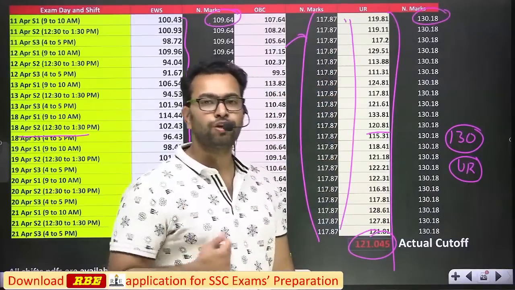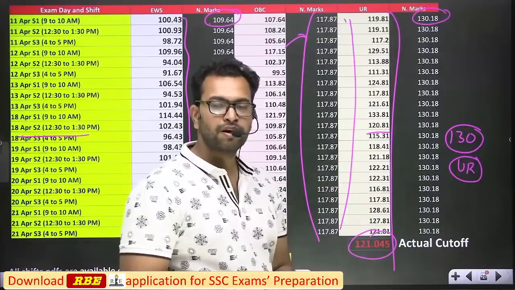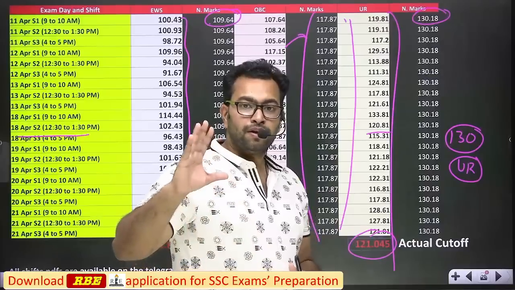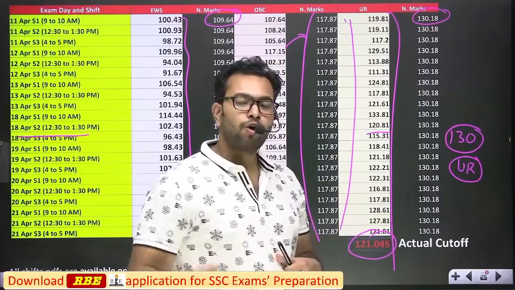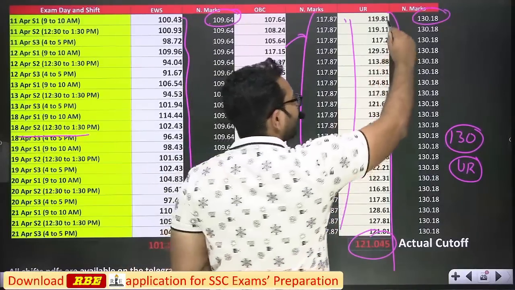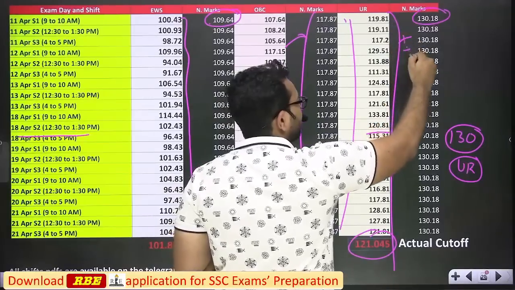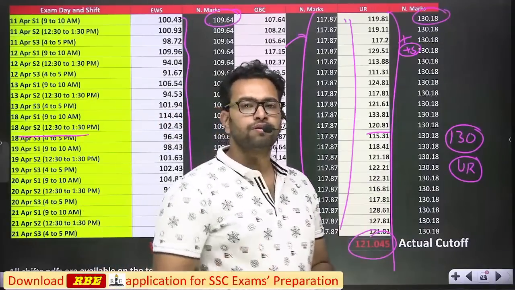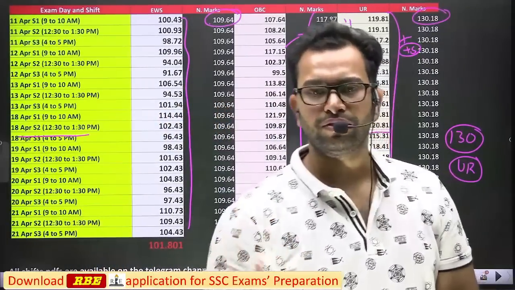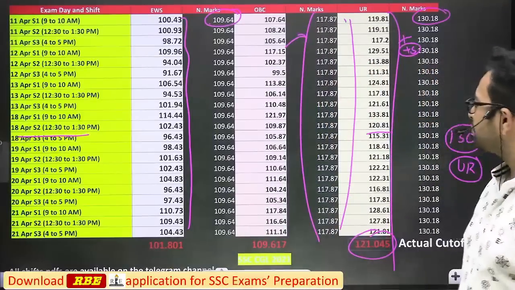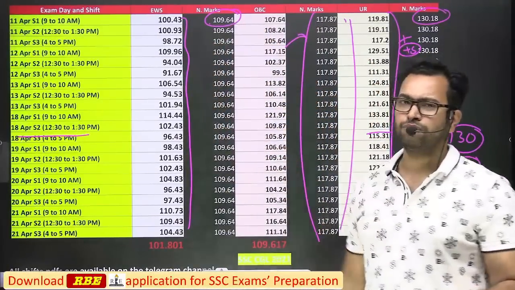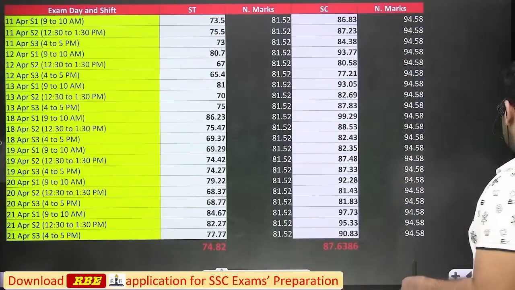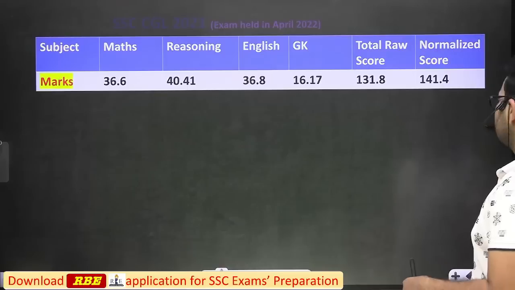Now in CGL 2022, many new aspirants came in, right? They prepared hard for 2022. They may not get selected in 2022, but they will give CGL 2023. So competition will be a bit higher. You have to score at least 5 marks more than the marks written over here, so that you can be sure you can qualify SSC CGL 2023 tier 1 examination. Same you can check with OBC category and EWS category. This is for ST category and this is for SC category. So you can take the 2021 examination as a reference for your preparation.